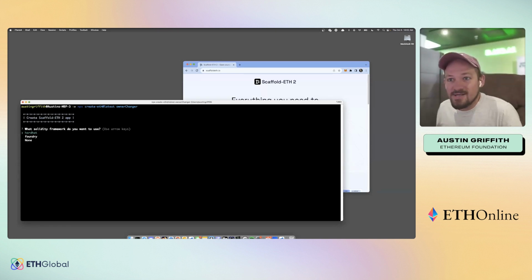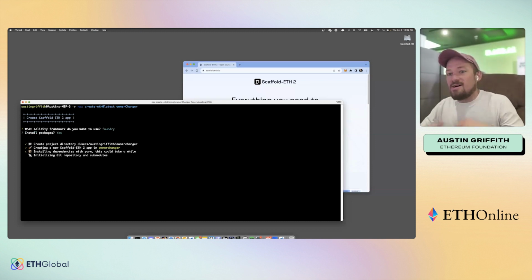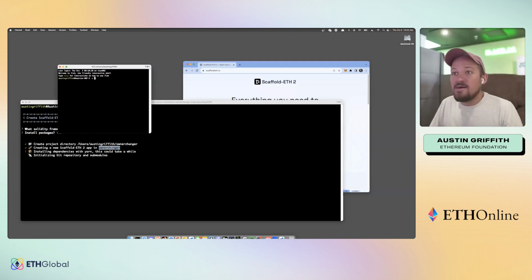But the cool thing here is it gives us the option between Hardhat and Foundry. So this time I'm going to try Foundry. Sometimes I do Hardhat, sometimes I do Foundry. It kind of depends on what I'm building, but this gives you the option as the builder to really make that decision yourself. And if we cd into this owner changer directory and we go look at the code, whoops,